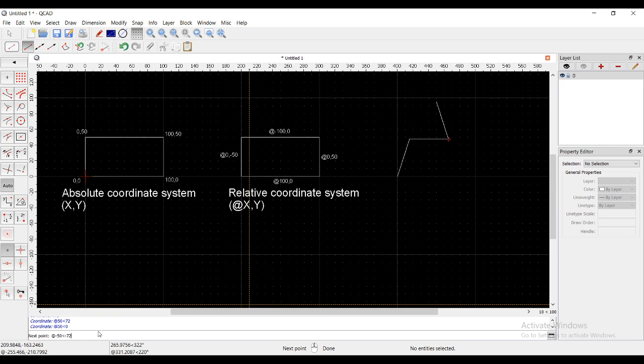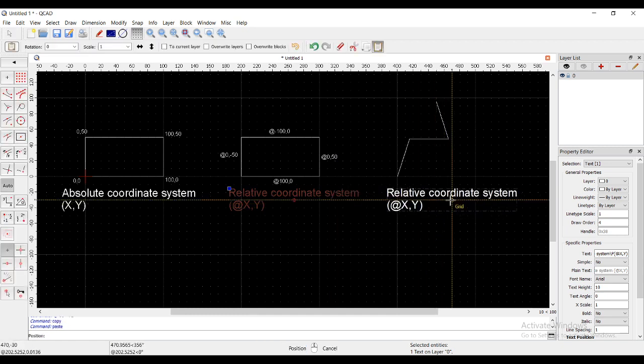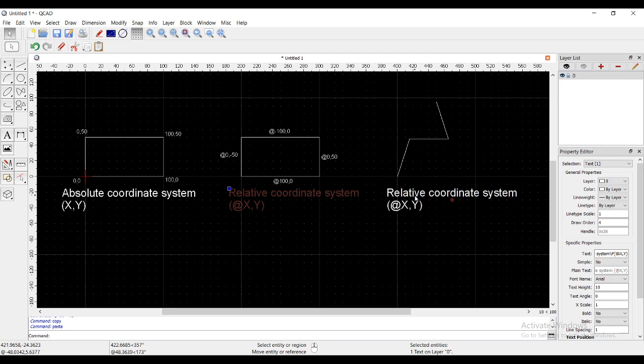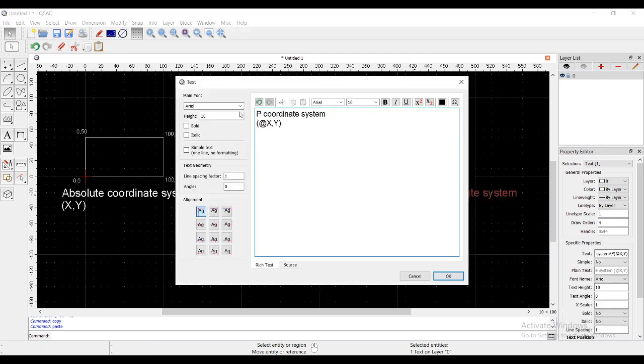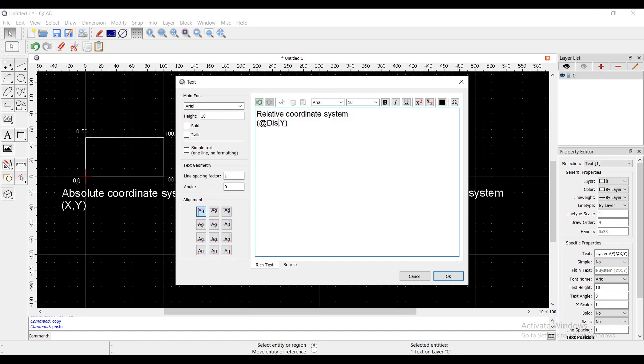Instead of the at sign with length, if you don't want to use it, you can go with the absolute coordinate system, where you find the x and y coordinates and put them into the absolute coordinate system. So this is the polar coordinate system, where you will have the angle. The polar coordinate system is at sign distance and angle. This is the code for that. I will change this x y to distance comma distance, so that will be less confusing.